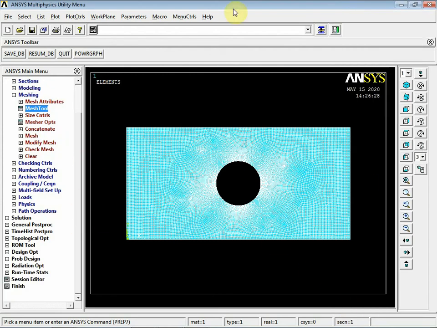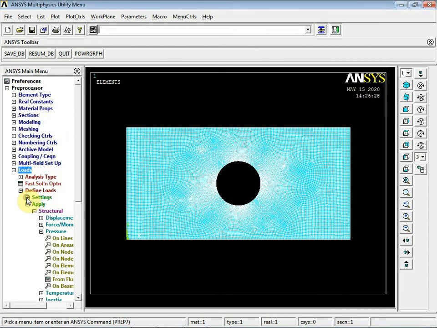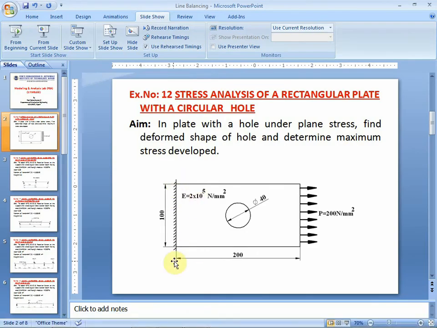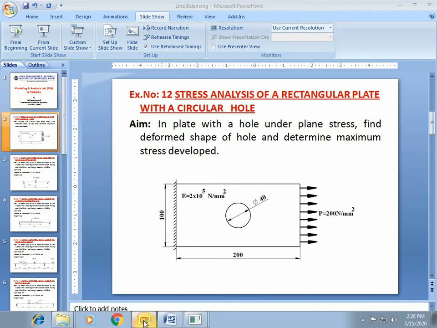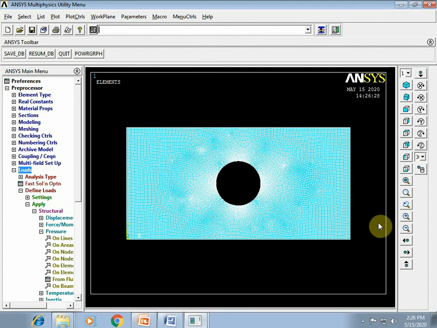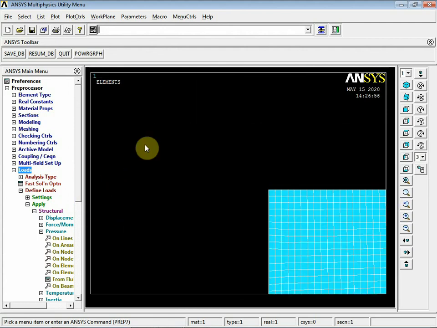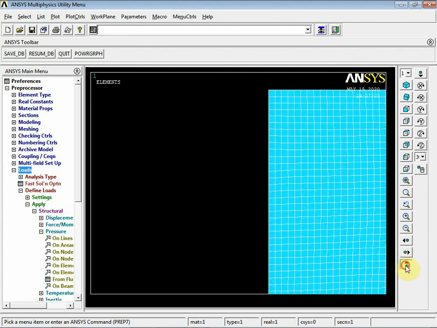Now I'll go for the boundary conditions, that is loads. If you see here, this end is fixed. So I will zoom this particular model and move it upwards.